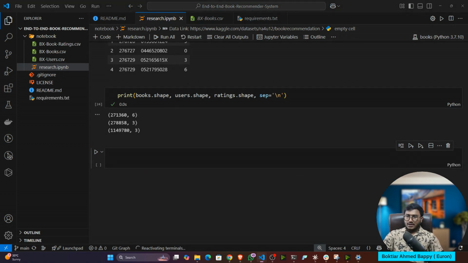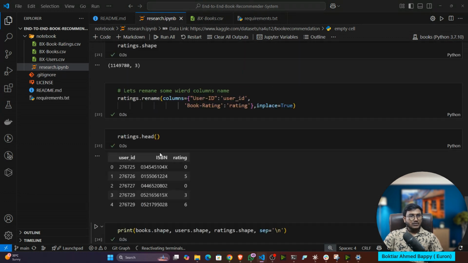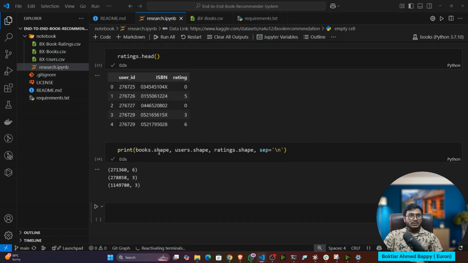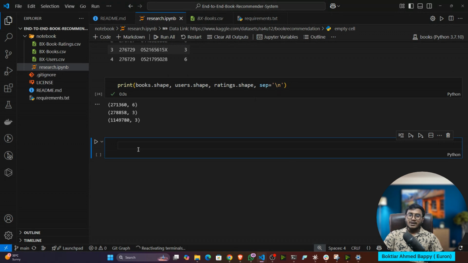Okay, so now the next thing we'll do, guys, I want to see how many users are here who are actually reading most of the books. See, there is a possibility. Let's say you are the user and you read multiple books. You are reading book 1, you are also reading book 2, you are also reading book 3, like that. That means the same user, he or she, can read multiple books. So if you want to see that, you can use the value counts. So I want to see it on top of the user ID.